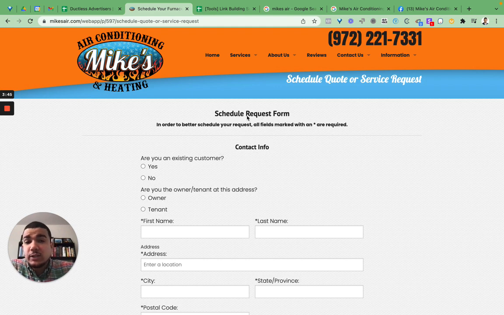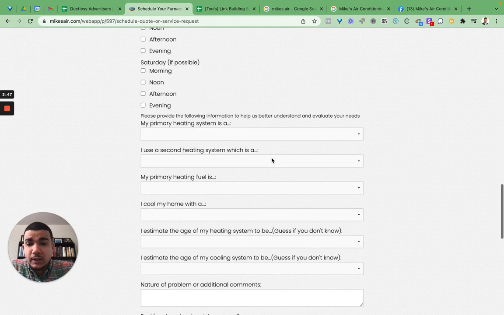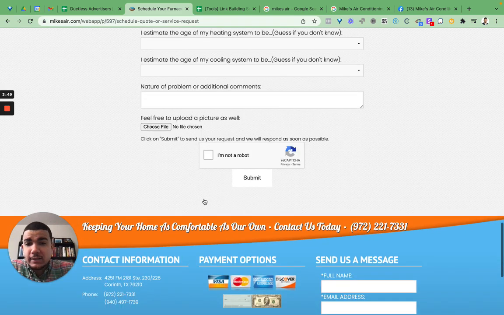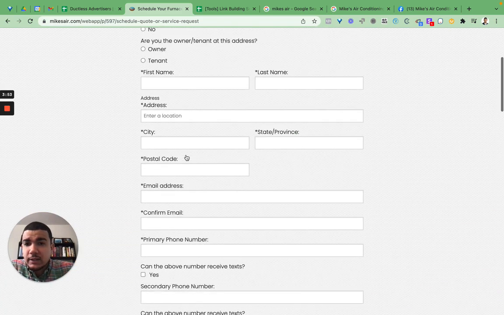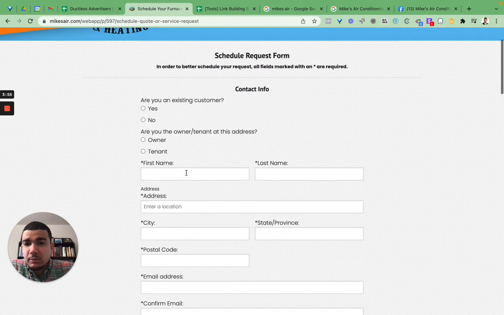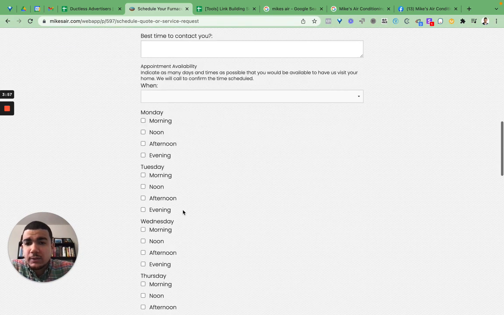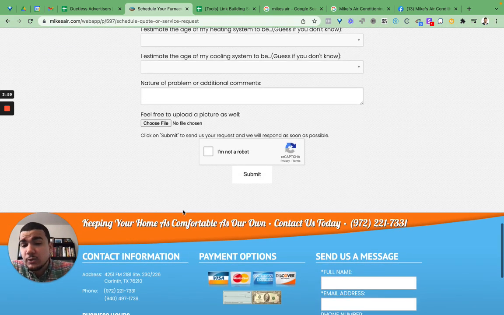So using Google Optimize, you can take out the header, you can take out the footer, and you can cater the boxes that aren't required. It looks like the only boxes that are required are these ones up here. Which ones do you need? Okay, so only required of that. So I would use Google Optimize, take out everything else in the